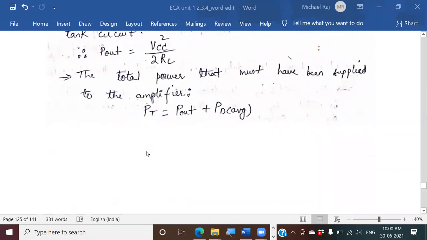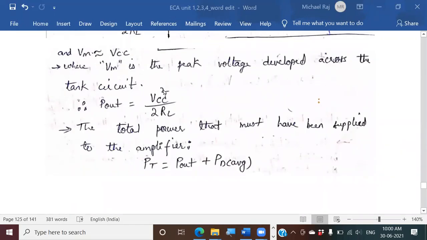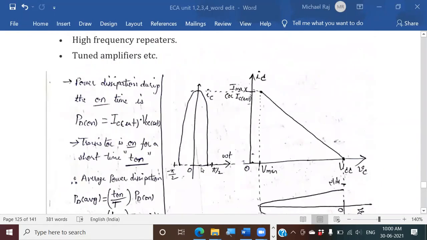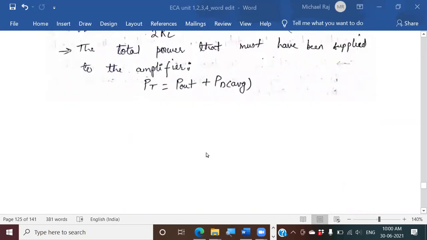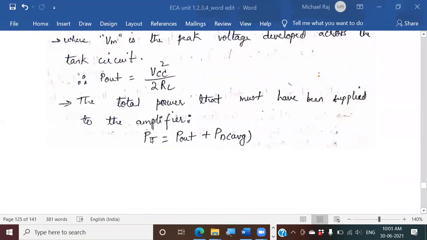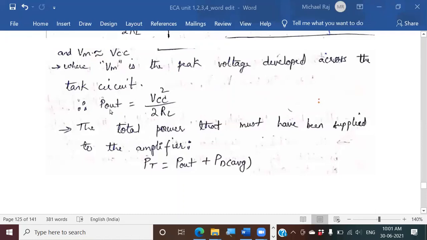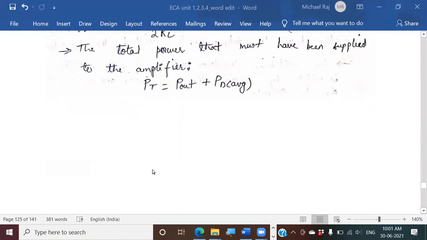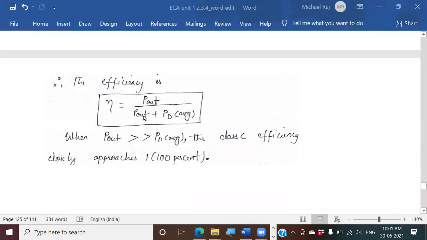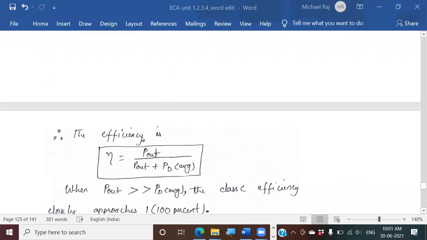So the power supplied is the output power plus the power dissipated. If you add these two, we get the total power. What is efficiency? Output AC power divided by the total power. So efficiency will be P out by PT. Percentage efficiency will be into 100. PT is P out plus